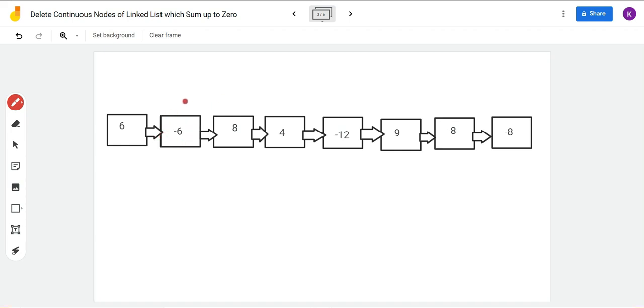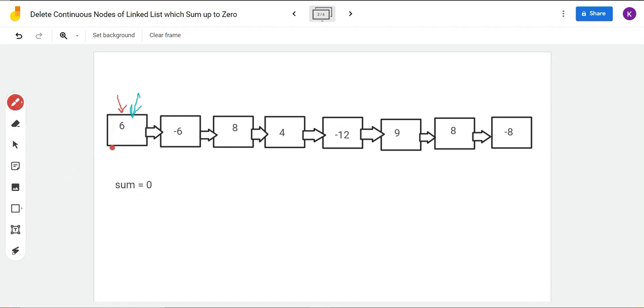So now let's look how we are going to proceed with this problem. Firstly, we'll have a current pointer that we will use for traversal through the linked list. And we will have a variable called sum to store the sum. Initially, the sum will be 0. The blue colored arrow will show the head of the updated linked list, the new linked list. Okay, so first we see that the sum is 0.